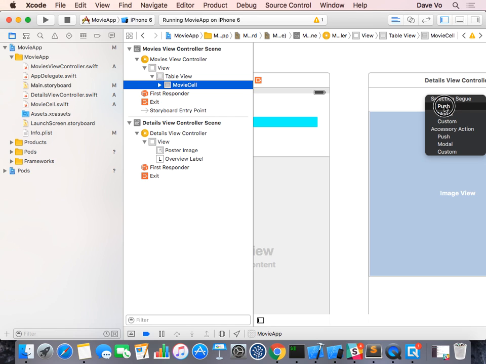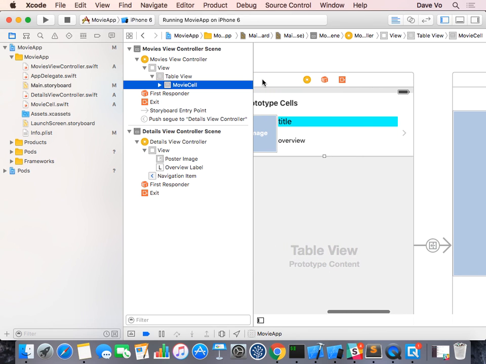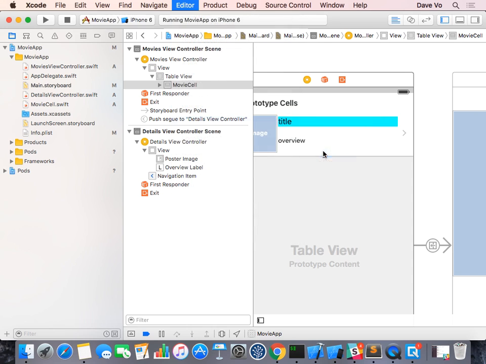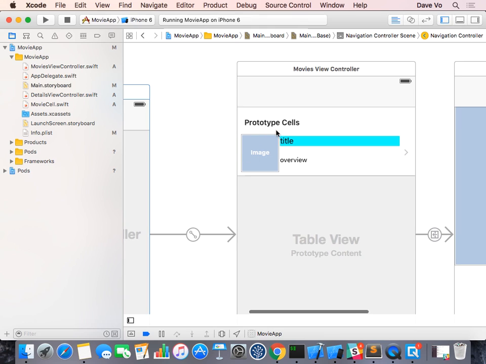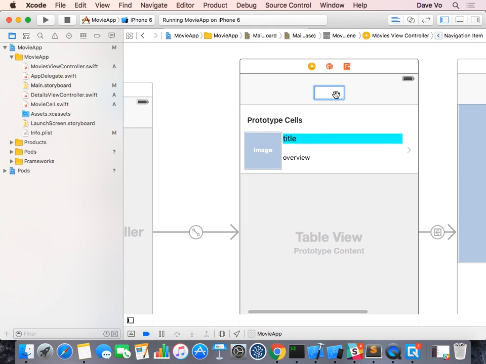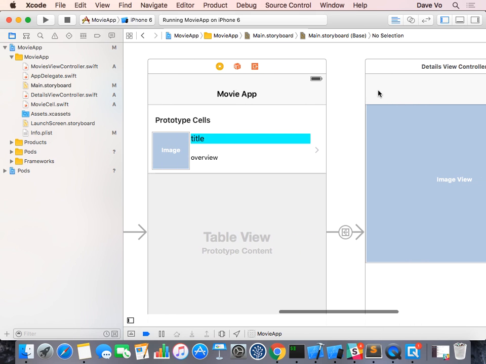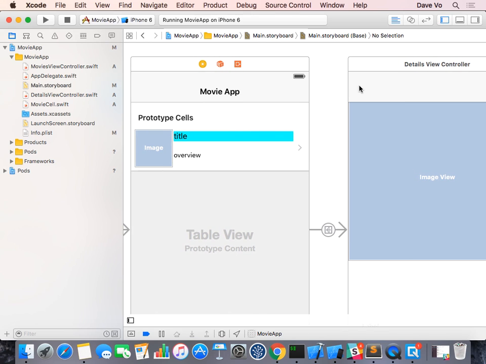Okay, so now let's say we try push. Push means it goes from right to left. But if you want to use push, there's one thing we must do. We must embed the first view controller into the navigation controller. So when we embed this one into the navigation controller, it will show a navigation bar here. So you can set the title for this one here, like it says movie app. Okay, and then when we go to the next view controller, it will show the button here. It says back, and then we can click on that back to go back to your